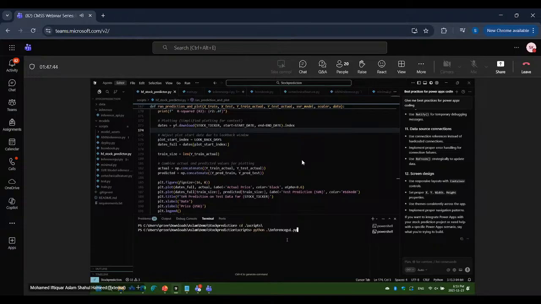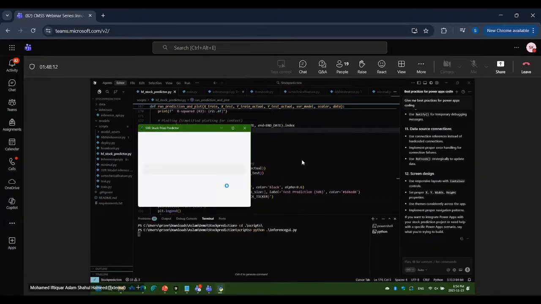This is actually for training the model. I've used very little data, so it gets trained on my CPU itself. It should bring up an inference UI. It says get next step prediction.